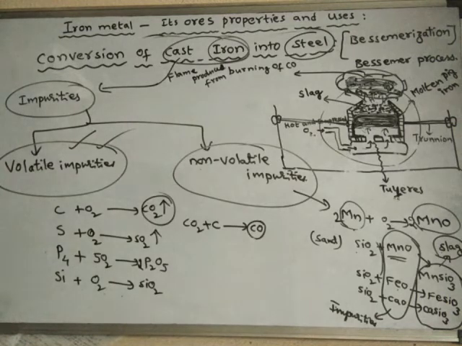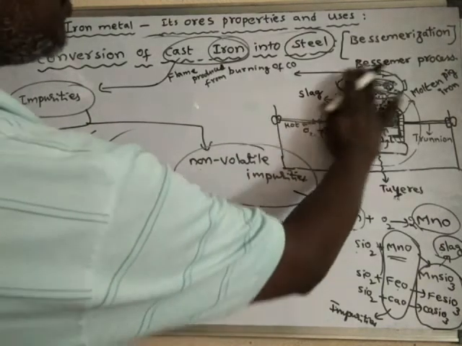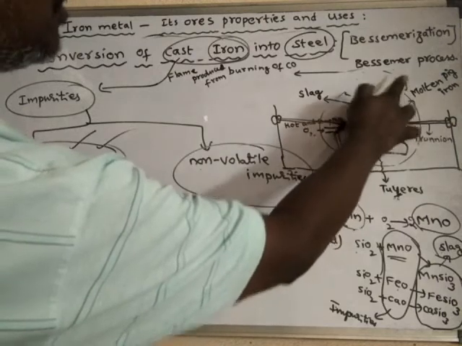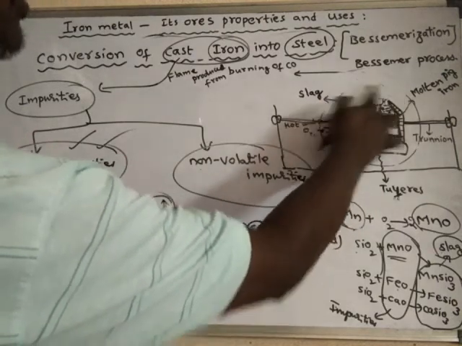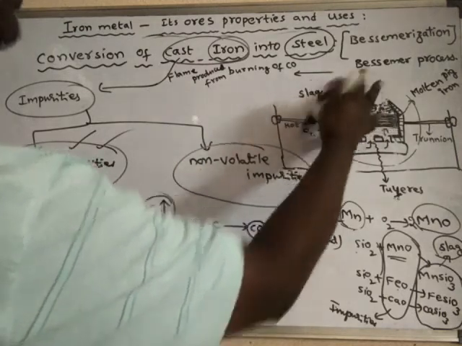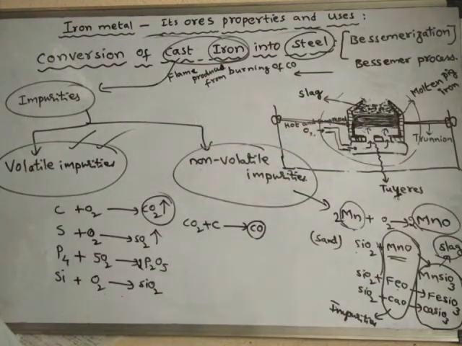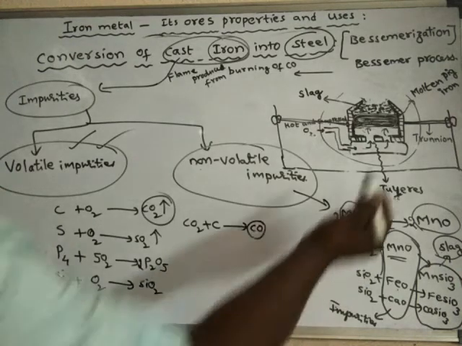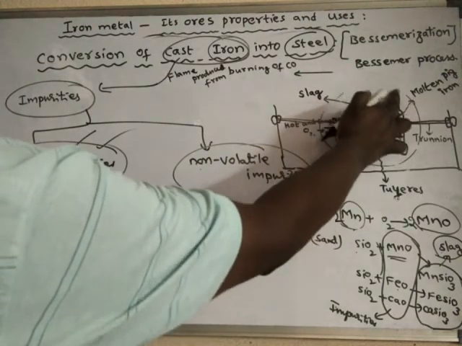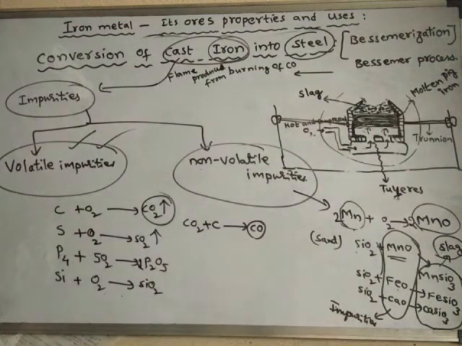Right. So when the flame at the nozzle of the converter dies, after some time, what happens? When all the impurities are converted to gases, and all the gases have escaped from this nozzle, this flame will die. The flame does not continue, because when all the impurities are removed in the form of gases and slag, there won't be any further formation of flame above this nozzle.